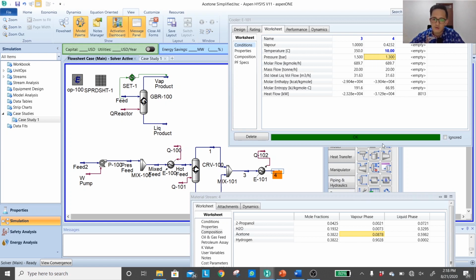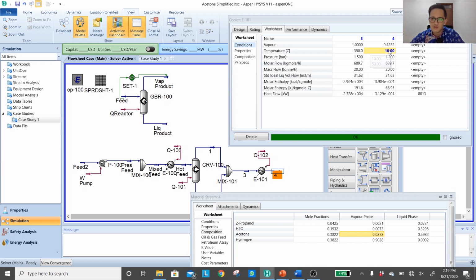You will notice the obvious pros and cons. The advantage is that now, instead of about 57-59%, I have my vapor at around 42%. And you check the composition. Out of that vapor, 90% is hydrogen, which is designed to be emitted, and only around 8.8% is acetone. So we already reduce the load for the absorber.